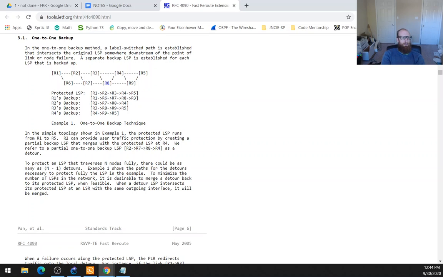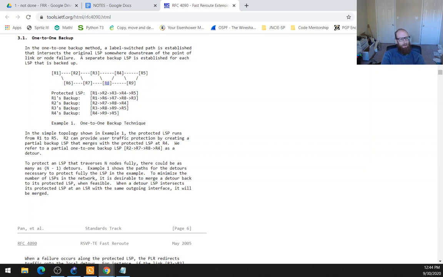In the simple topology shown in example 1, the protected LSP runs from R1 to R5. R2 can provide user traffic protection by creating a partial backup LSP that merges with the protected LSP at R4. We refer to a partial one-to-one backup LSP, R2, R7, R8, R4,